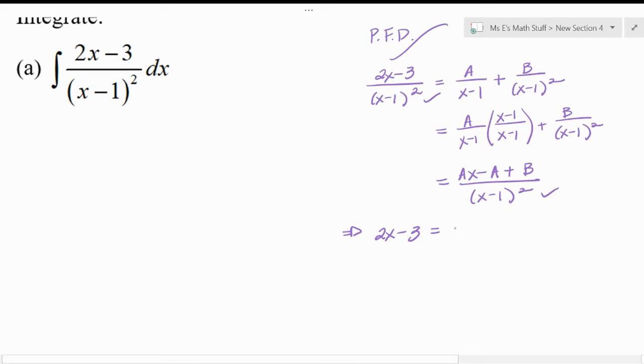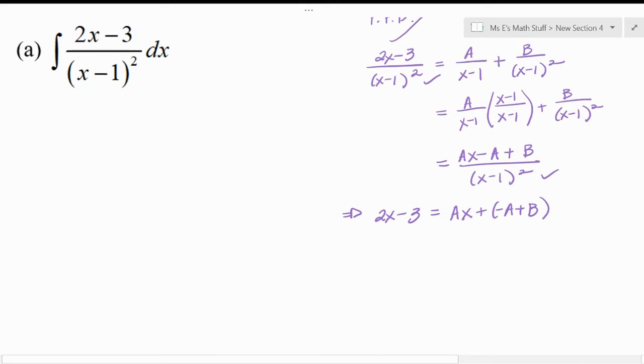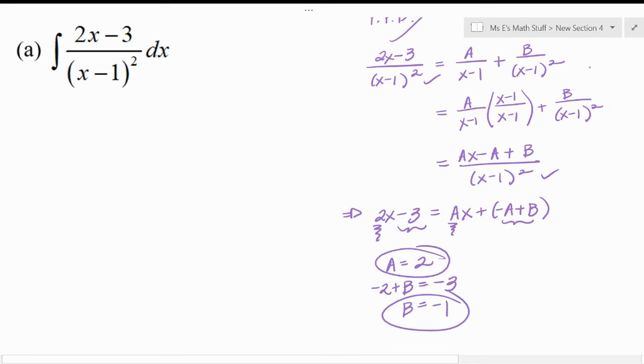2x minus 3 would need to equal ax plus the quantity negative a plus b. All right, so what does that mean? That means that the number of x's should match, so a should be 2, and then your constant terms should also match. So negative a plus b would have to equal negative 3. And since a we know is 2, you could just replace the a with a 2 and then add the 2 over. So b would equal negative 1. There we go. Okay, so taking these two values and putting them back into the form,